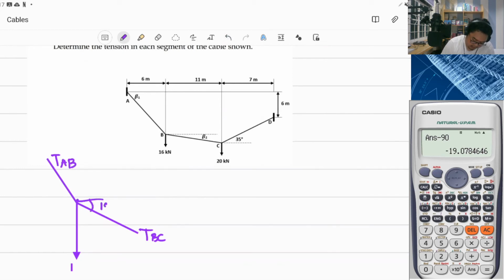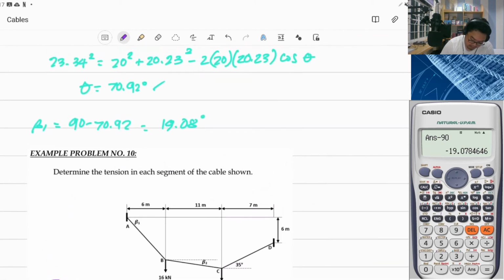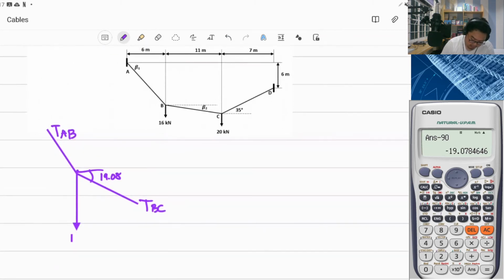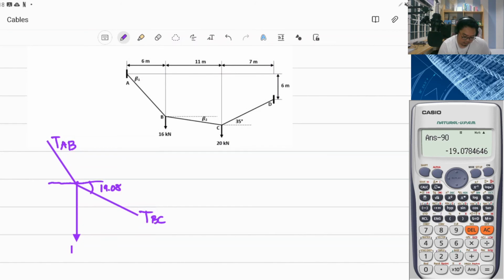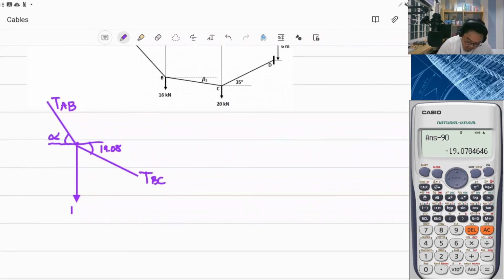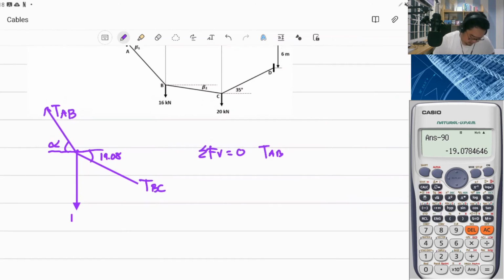This is 19.08. So let's call this as alpha. Okay. So summation of forces vertical equals to 0. So TAB, okay, this is going up. TAB sine of alpha,